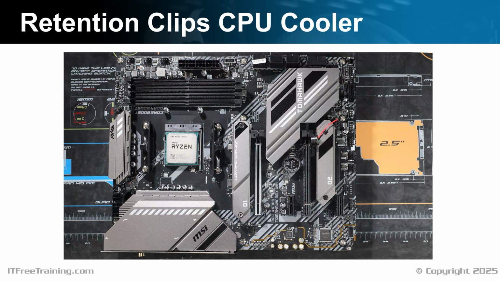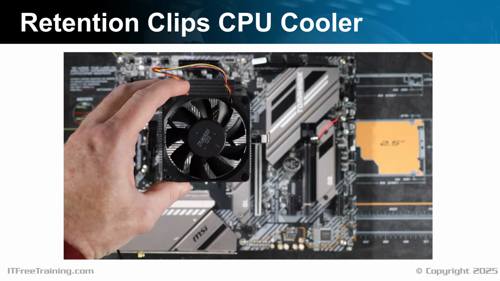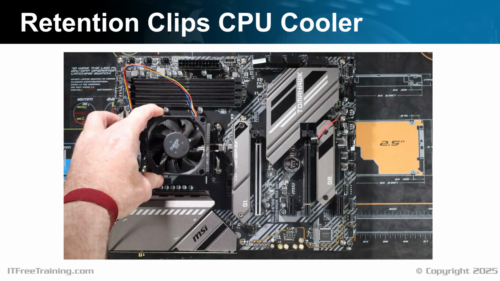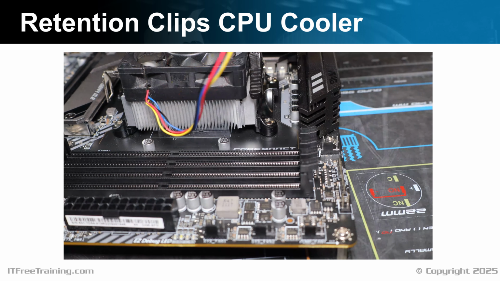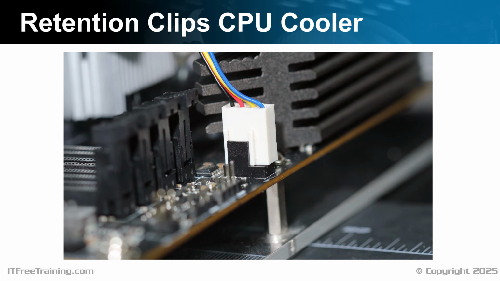Before installing the CPU cooler, I want to first work out which way to orientate it. In the case of retention clip coolers, you can only orientate them in one of two different ways. I'll place the CPU cooler on the CPU. I want to work out which is the best way to orientate it in order to manage the cable for the CPU fan. I'll plug the CPU power cable into the motherboard, which allows me to work out the best orientation for the CPU cooler.